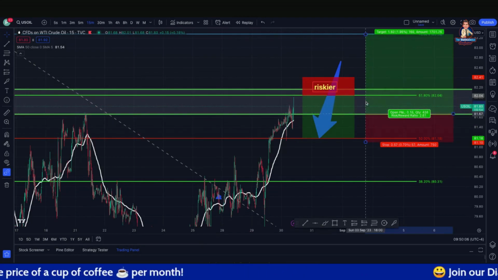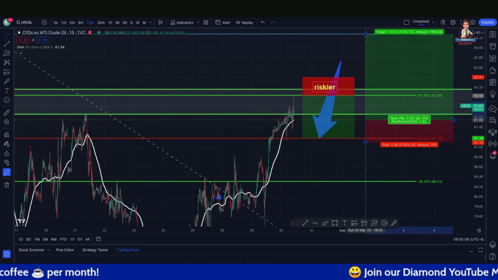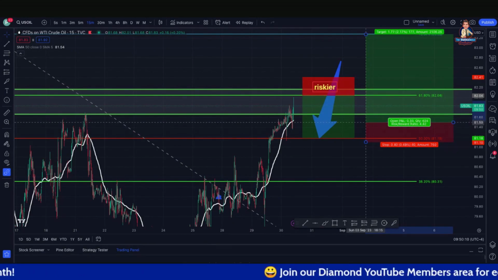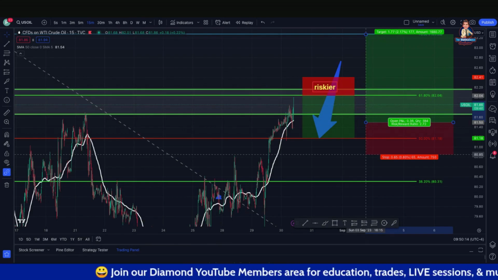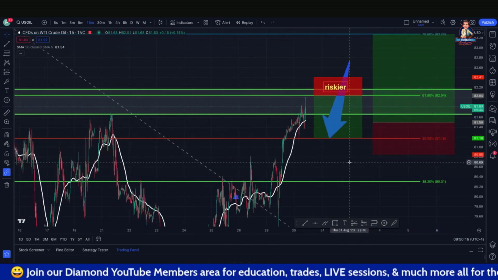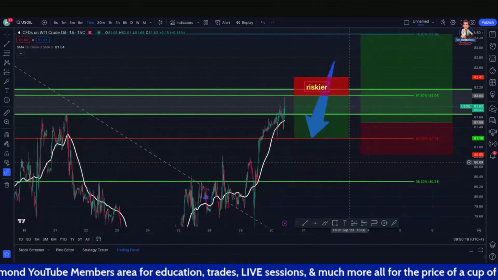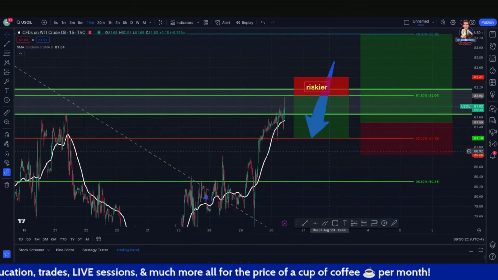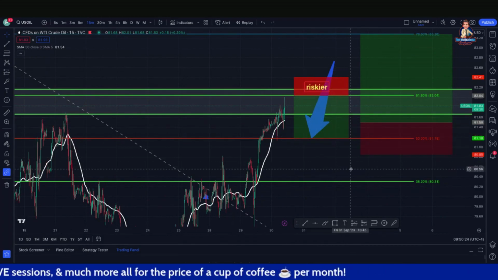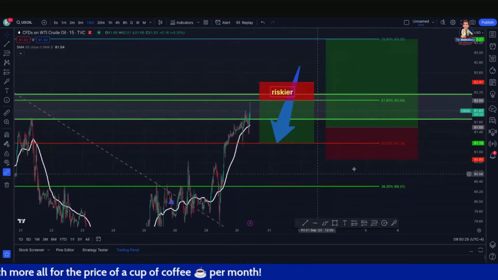Now that I see that, let's adjust that to the 50-day moving average. Let's adjust that to something like this, this low right here. Maybe something like this will give you a better offer. This one is riskier just based on possible news reports from what I'm seeing. So these are your two scenarios that you have in play.